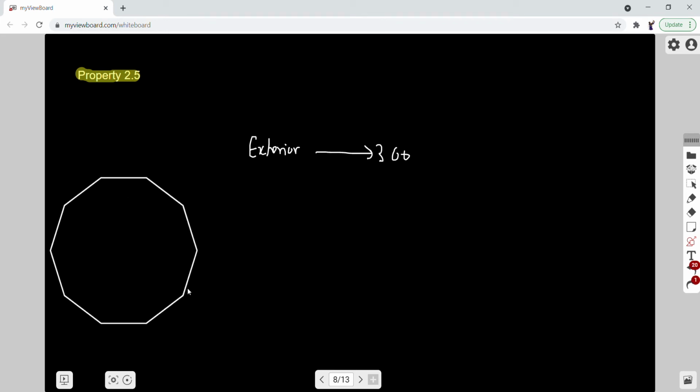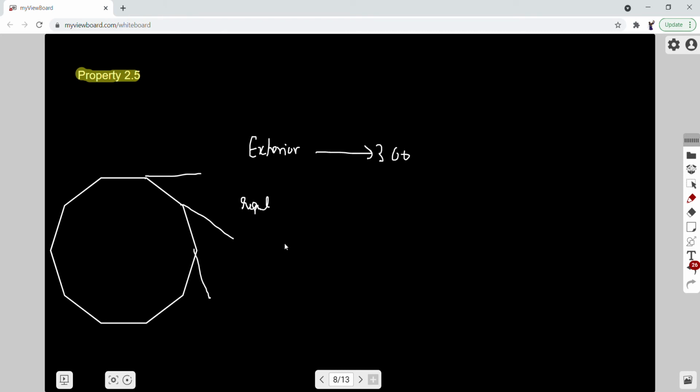Let me draw it here. So this is, I don't know what, I think it's a decagon. So if we just extend it, what we get is... how do I say that? I'm assuming it is a regular one, and this is a regular decagon, and this would be true because